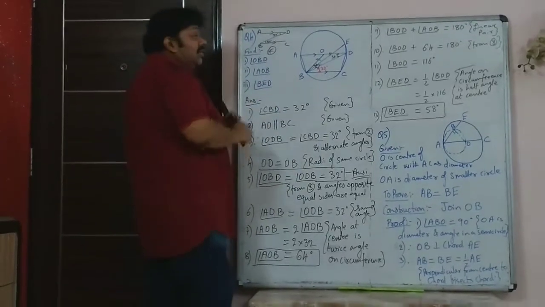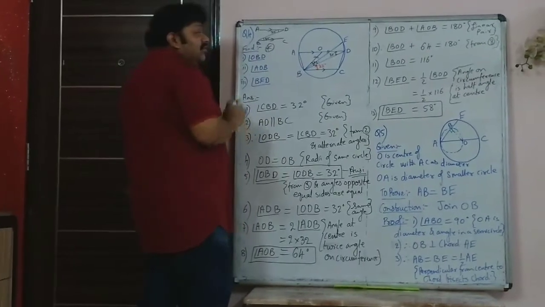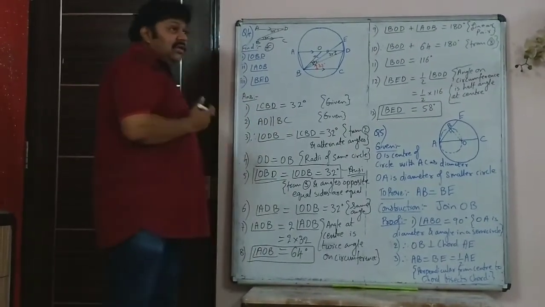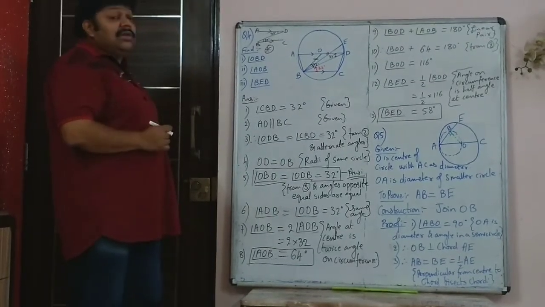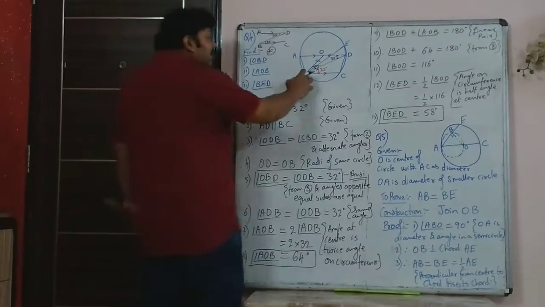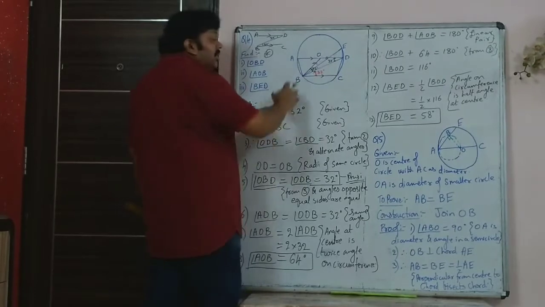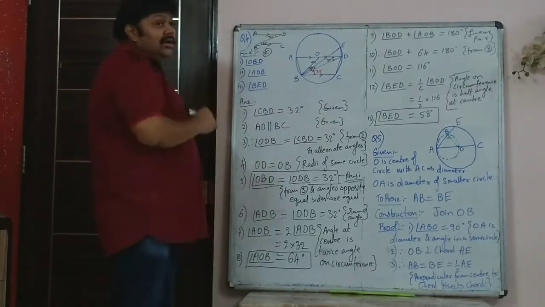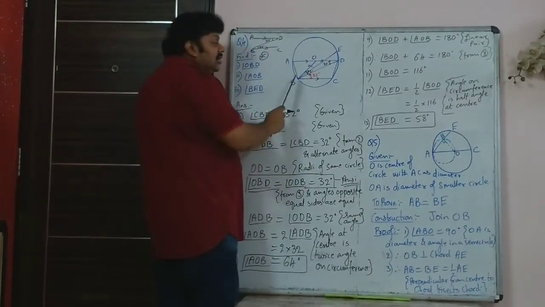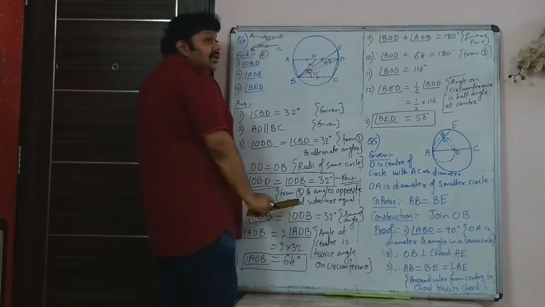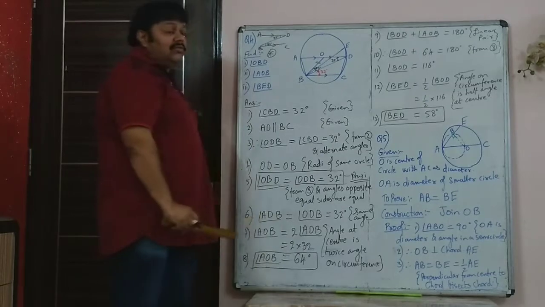Now the next part, again you have to imagine what is BED. BED is the angle in the circumference. So in the circles chapter, first thing, if you are given an angle in the circumference, look out for a corresponding angle at the center. BD is the endpoints of BED. So BOD will be 2 times BED. It's a little difficult to visualize, but BOD is angle at the center and BED is angle at the circumference. Both of them have the same chord BD in front of them.